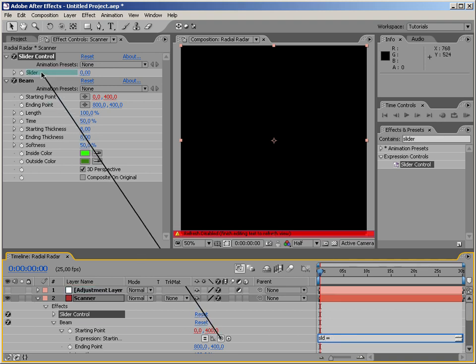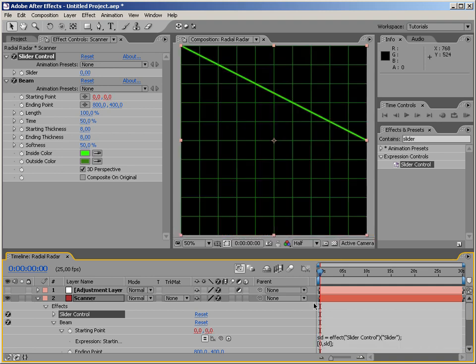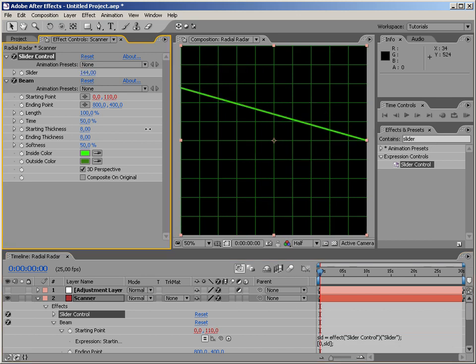So let's type in SLD for slider and use the pick whip to point to the slider, and we're already halfway through this expression. And now we need to set the starting point to be 0, because we always want this to start at this side, and the y parameter we need to set to whatever the slider value is. And that's it. As you can see, it already takes effect,